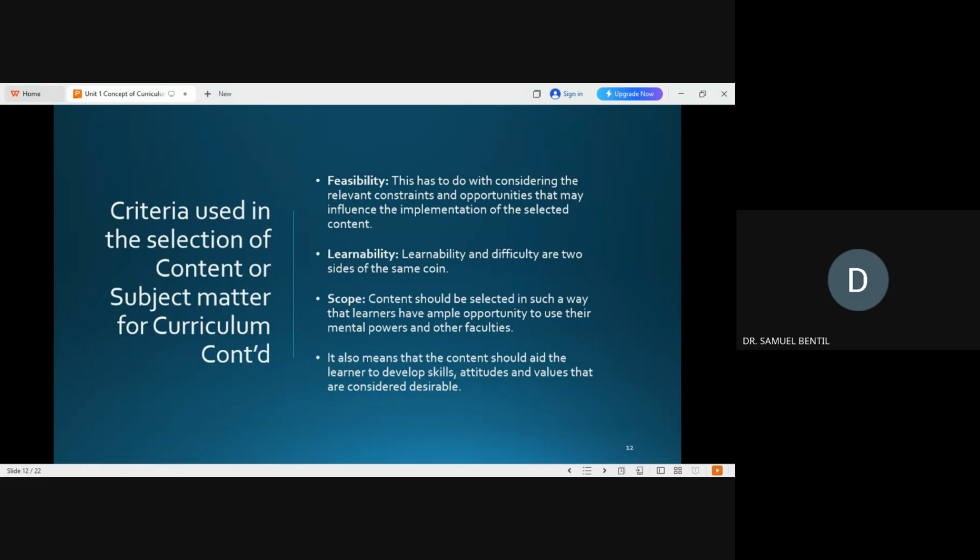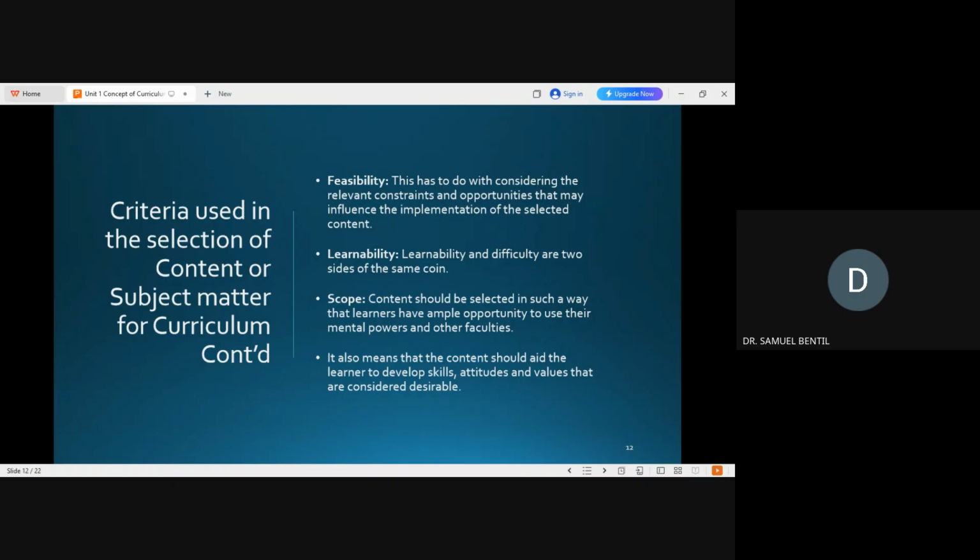Then we have the feasibility principle or criteria, and this has to do with looking at the time you have. You have 1 year, you are just doing 1 year, vis-a-vis the days you meet, Saturdays and Sundays, the block system. Looking at the courses available for you to go through, is it something that you can do and finish all these courses before you graduate? If it's something that you can do, then we can say that it's feasible.